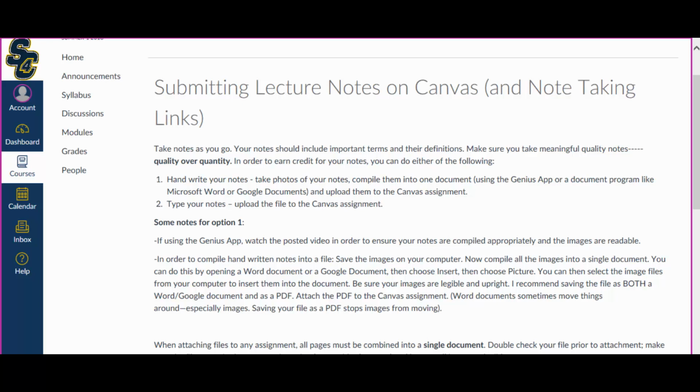Make sure you have the headers for the different videos, and then once you have completed taking all of the notes for the different videos, you'll need to take photos of those notes. So you can take photos of the notes and then compile them into one document. The key here is that when you submit something, I'll say it again, on Canvas, it should be in one